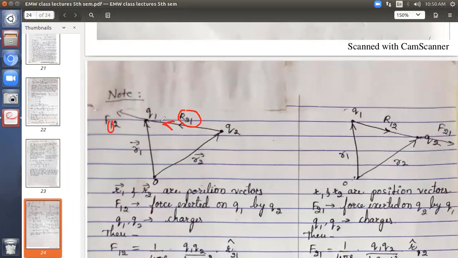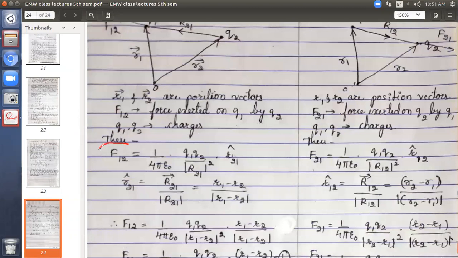Because it is in this direction, the line joining direction is continued. It will give you the force direction. Here the line joining first suffix is 2, hence it is in this direction, and since it is like this, the force will also be in the same continued line direction. I hope you understood the directions of the forces. So F12 is force exerted on first due to second. F21 is force exerted on second due to first.